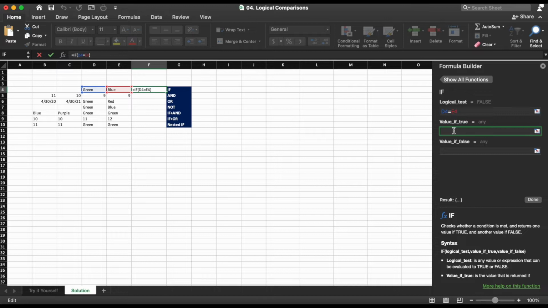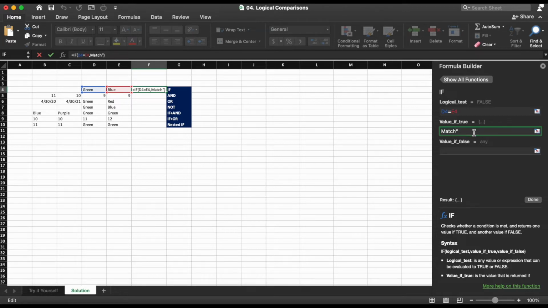So next we're going to put in the true value, so the value that we want to return if the condition is true. And this can either be a text or a number value. So if you do a number, you can do 0, 1, whatever number you choose, or you can put in text. Now when you put in text, you're going to want to put quotes around it, because if you don't put quotes around it, you'll see you get this #NAME? error, which means that Excel doesn't understand what you're trying to do.